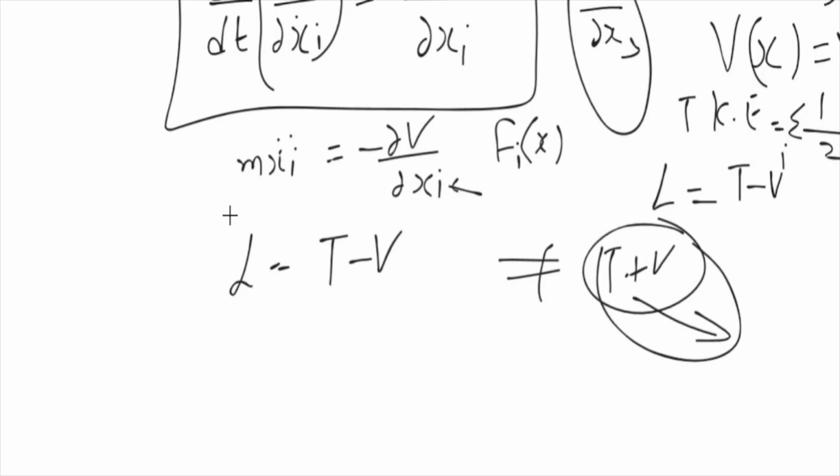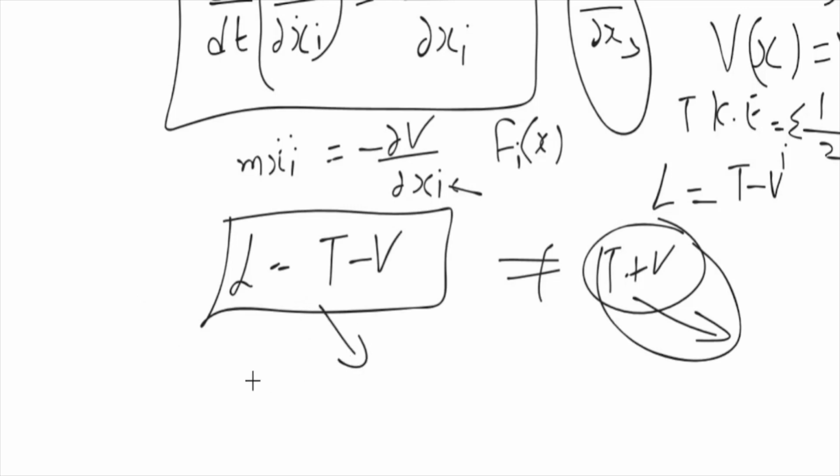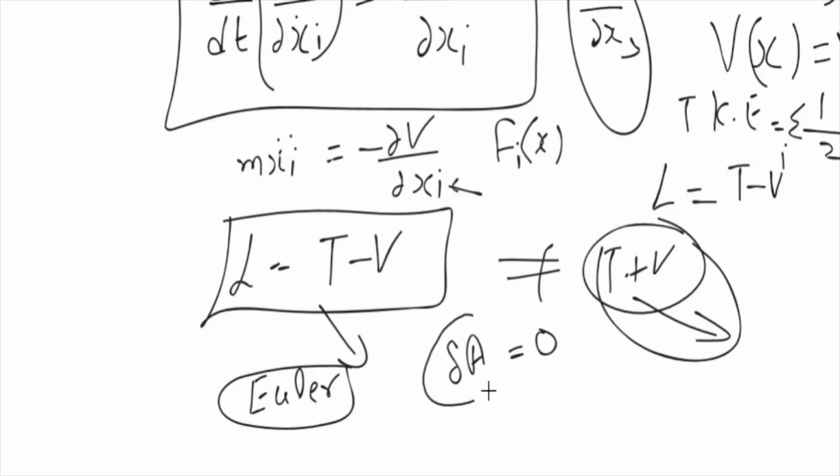हो जाएंगी. So it means L is equal to, Lagrangian will also always take as L is equal to T minus V, and that will give you the Newton's equations and Euler-Lagrangian equation. Lagrangian equations आपको मिलेंगी just like Newton equation of motion for the action principle. If action principle क्या था, वही del A is equal to 0, तो वो तब मिलेंगी जब आप क्या करोगे, L is equal to T minus V करोगे. So this is L is equal to T minus V, not L is equal to T plus V.